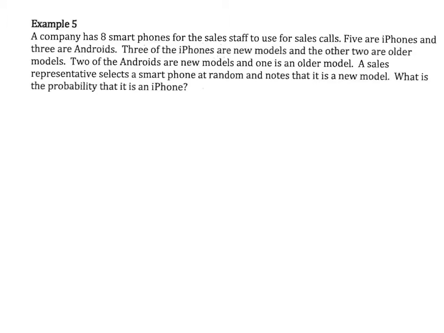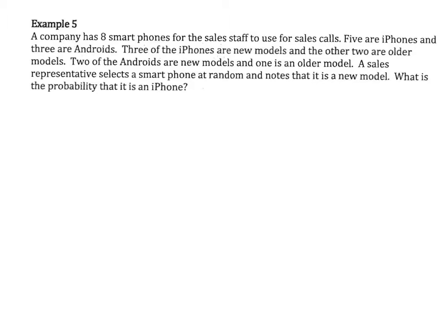Starting off today's lesson, we're just continuing with example 5 in our notes. Tonight you'll do day 2 of 3.2, independent events and conditional probability. We are going to actually assign events to A and B or E and F so that we're not dealing in just hypotheticals. So on example 5 it says a company has 8 smartphones for the sales staff to use